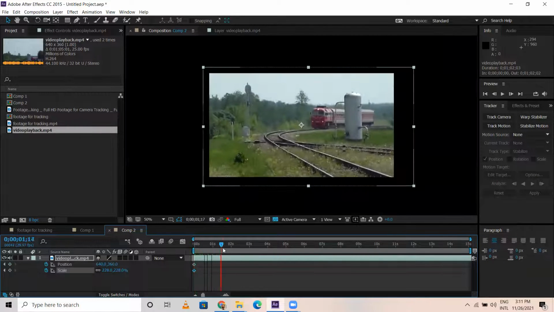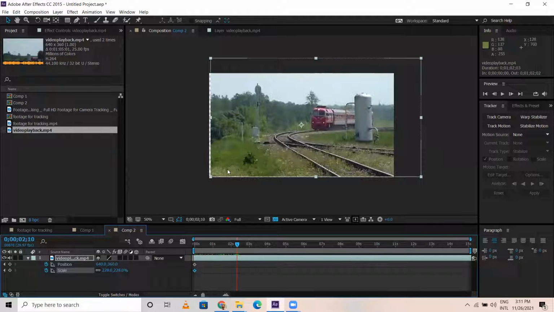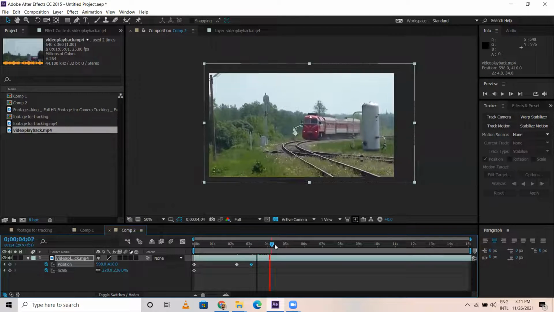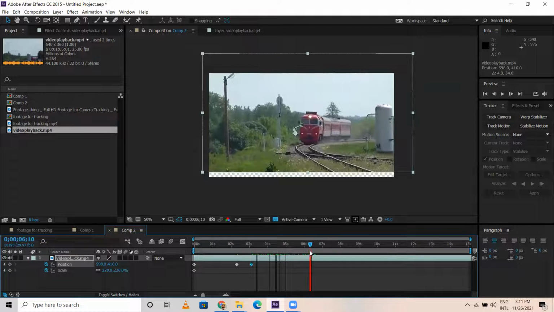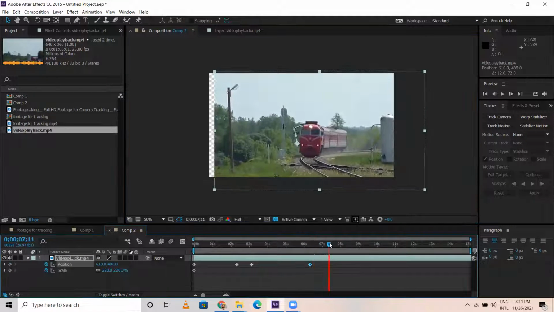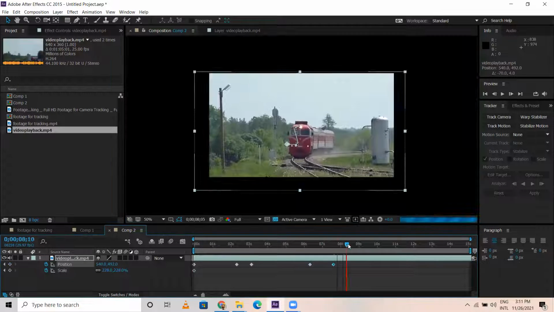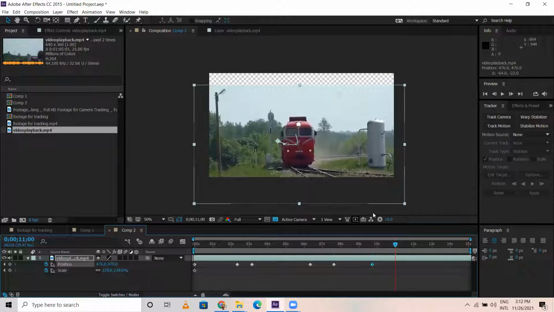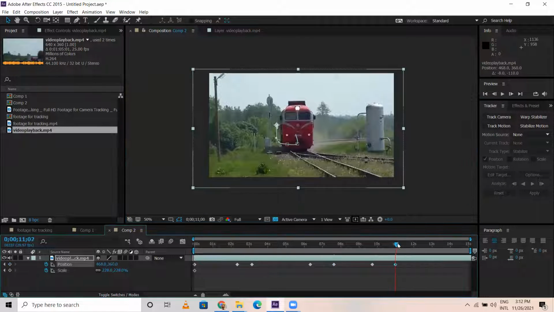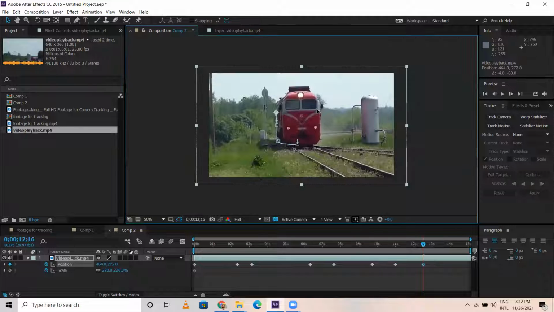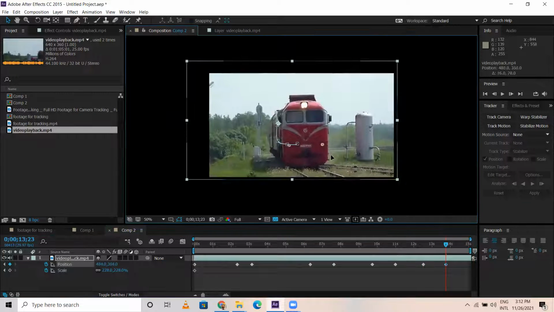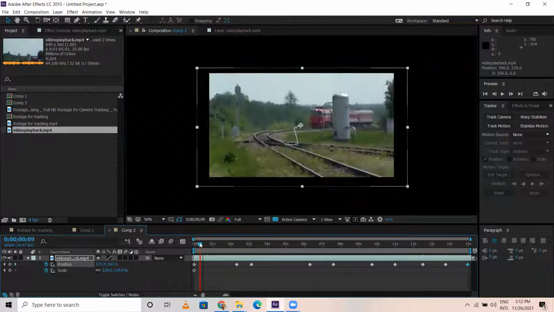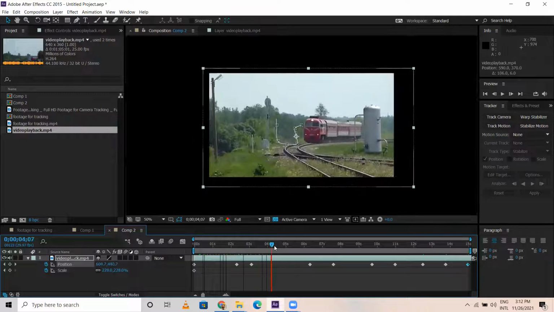So now observe, like this. Now let's see, scale animation, position animation, both we have done.